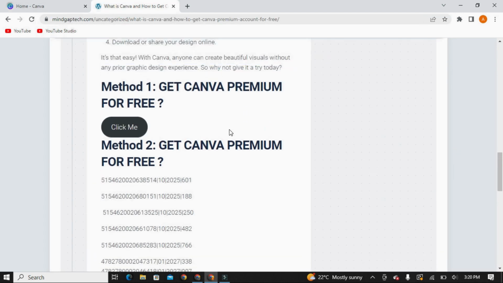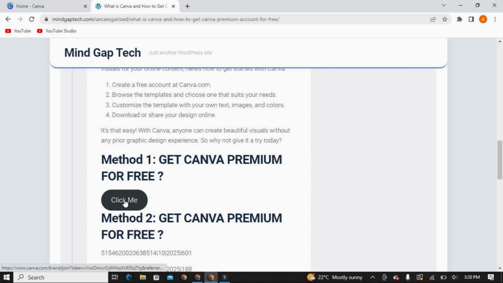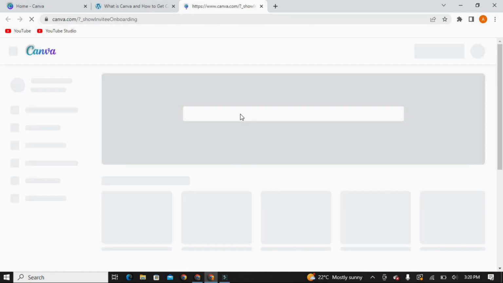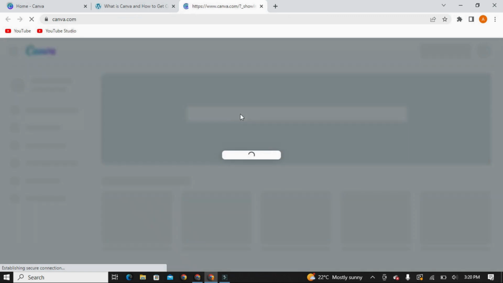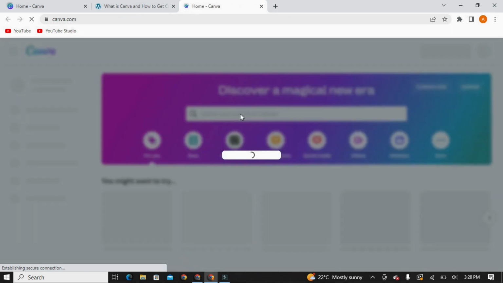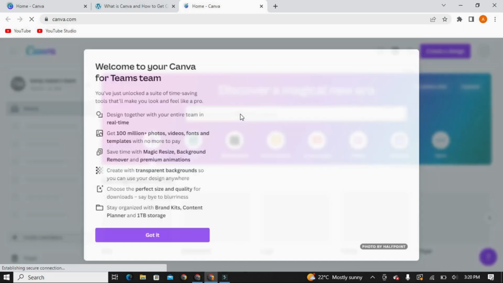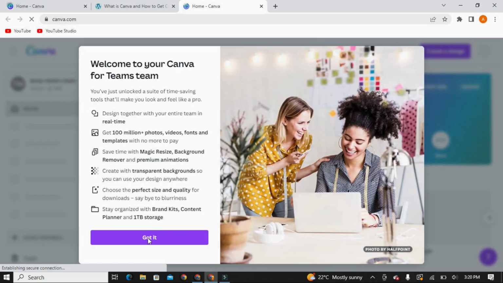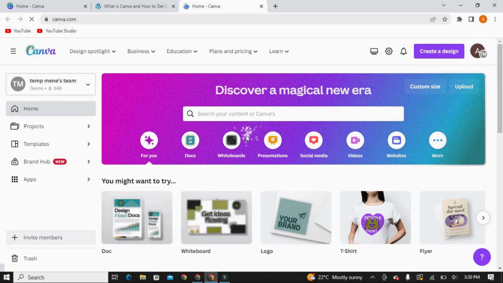If you are having any issues with these credit card details, you can use method 1. Click on this button, click me. You will redirect to the Canva website and you will get free Canva Pro account for lifetime. Now you can see you have joined Canva Pro's team and you have access to all pro features of the